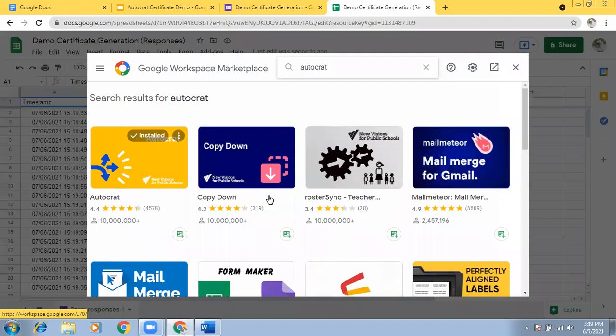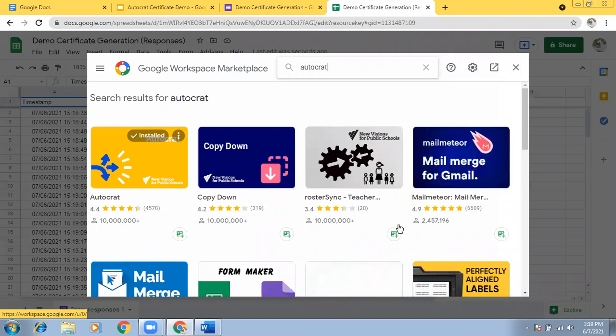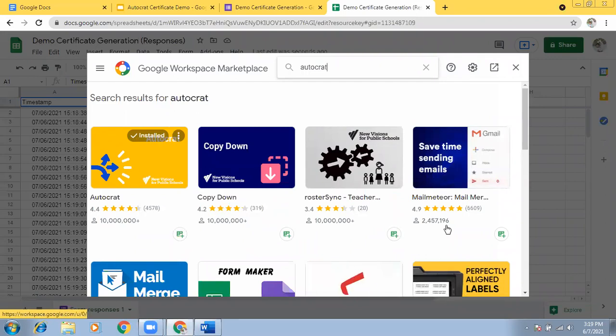Whenever you go for installing any add-on on any platform, not necessarily Google Forms or Google Apps, wherever you have the facility to add add-ons, you check the number of installations. Don't go for the application where you can see a small number.